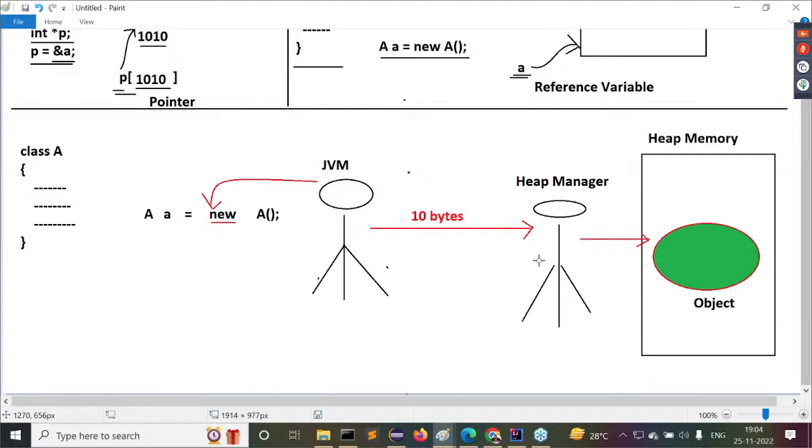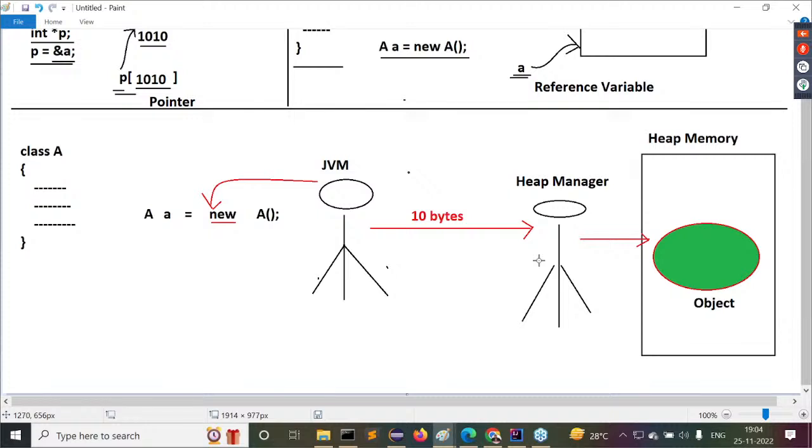But whenever so many objects are created, we need some identity for each and every object, or not? If multiple objects are available inside the heap memory, we must definitely require some identity for each and every object. Definitely some identity must be created.